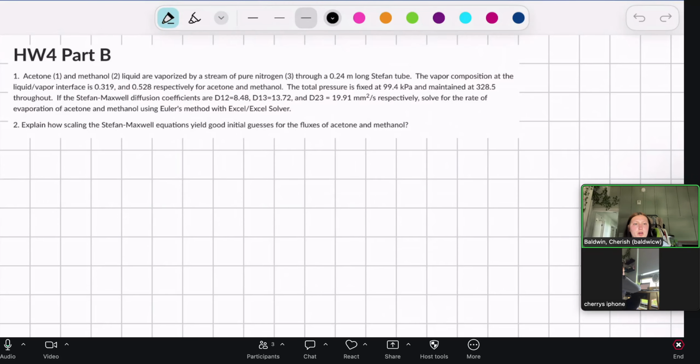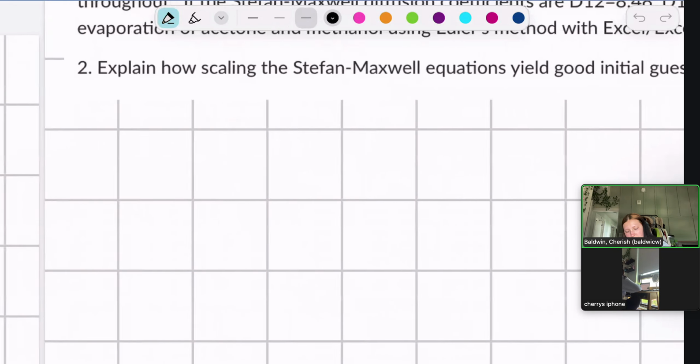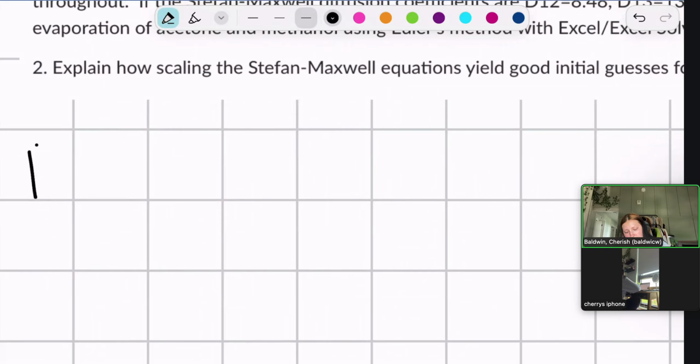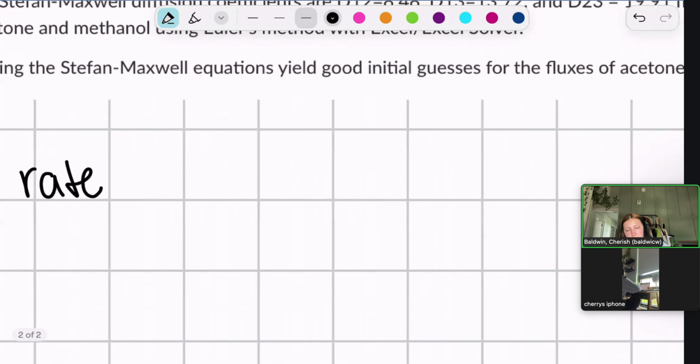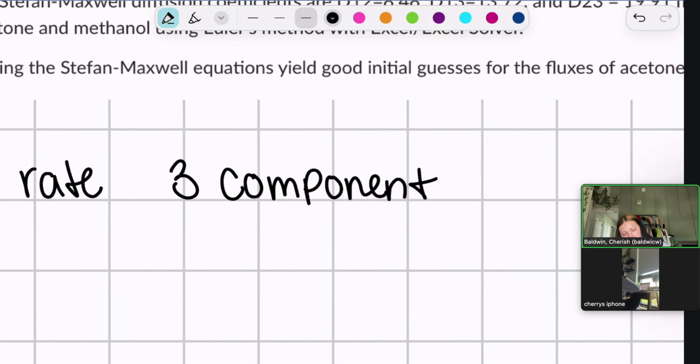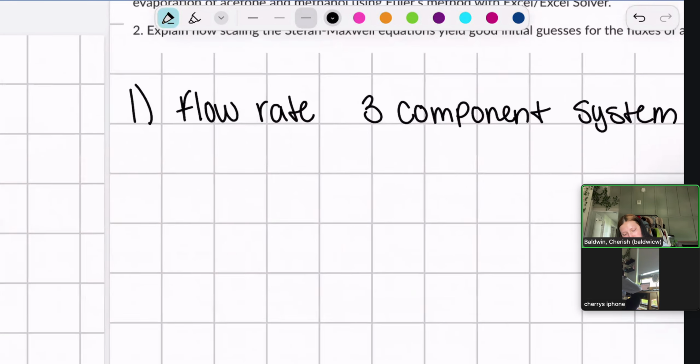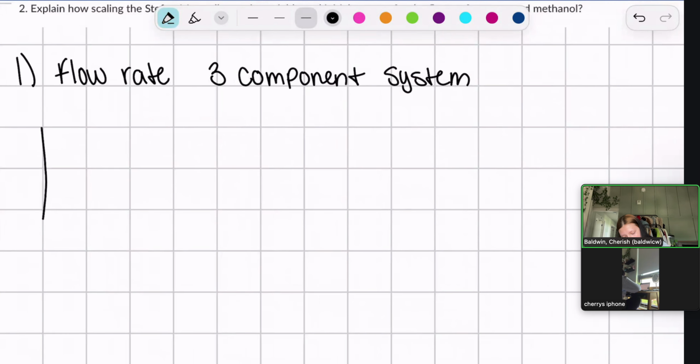This is homework 4, part B, where we are going to find the flow rate of a 3-component system. So the system, think of it as a tube where